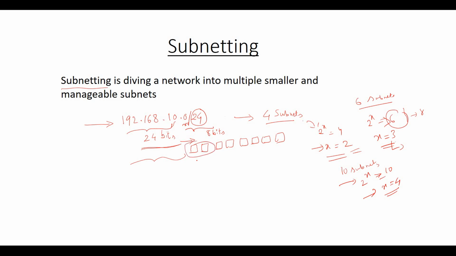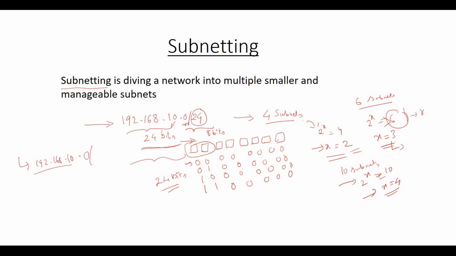So what are the possible values? 00, 01, 10 and 11. These are the 4 values we can use for these subnets in addition to these 24 bits for the network. So the possible subnetworks are 192.168.10, and this part is not changed. Let us fill zeros for the network address. So this is 0, and since we extend by 2 bits, we need to add 2 here,